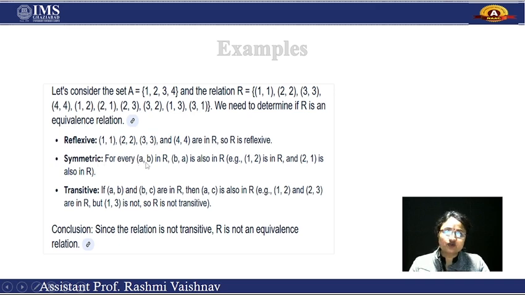Symmetric means when range is treated as domain and domain is treated as range, it is called symmetric. For that, we have clearly seen in the relation like (1, 2) is an ordered pair, in which again we have the reciprocal of it, like (2, 1), where in the first ordered pair 1 is a domain but in the second ordered pair 1 is a range. Similarly, in the first ordered pair 2 is a range and in the second ordered pair 2 is the domain. In this way we can say that (1, 2) and (2, 1) both satisfy the symmetric property. Again, symmetric is also satisfied by the other ordered pairs in the relation which are given over here.